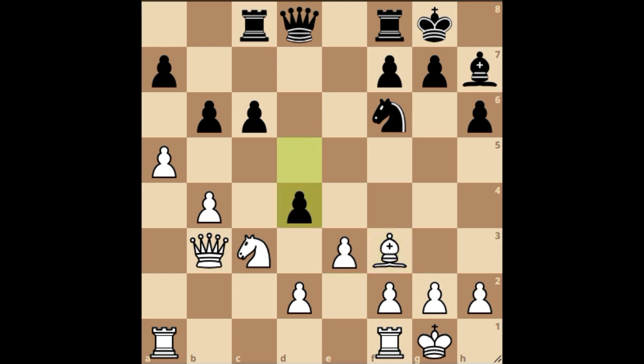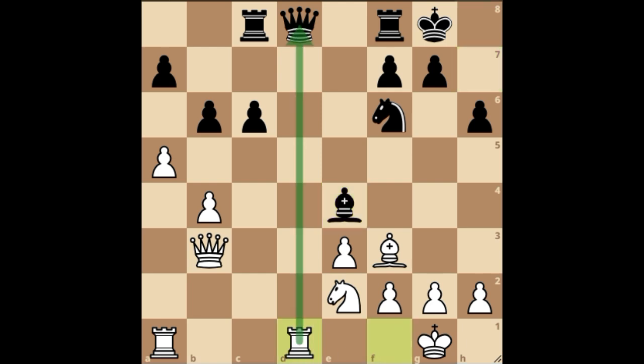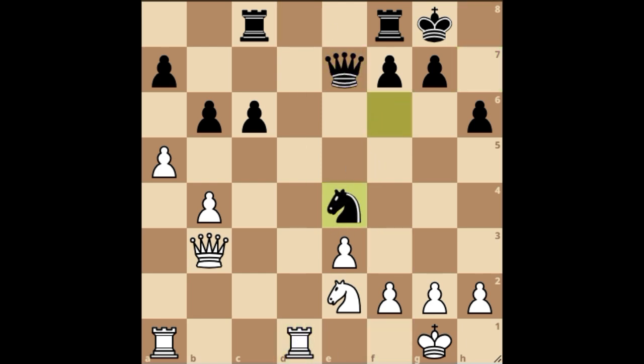As of now, we can confidently say black has equalized according to the engine. So knight e2, and the trade of pawns happens. Bishop e4, offering another trade of bishops. First here, white attacks the queen, and after the queen moves, then we have a trade of bishops here. As you can see, all these minor pieces are now pretty much getting traded off very quickly, which means the